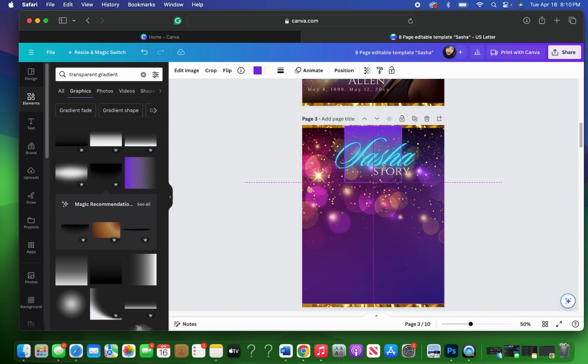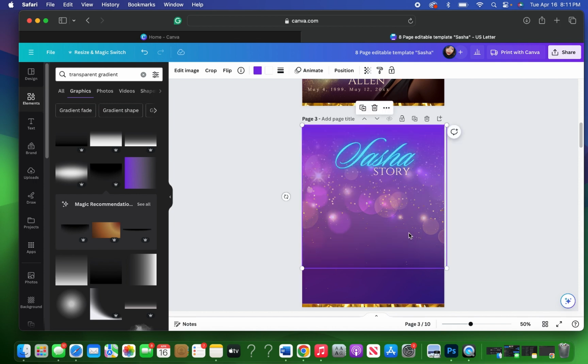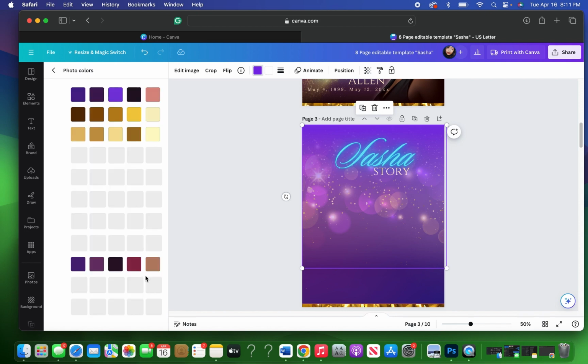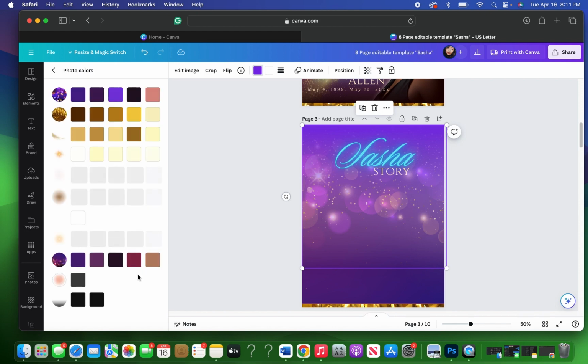And again, if it overlaps that border, that's okay, because all you're going to do is bring that border to the front. So let me see. I'm going to extend this out. And I'm going to change the color of this purple to a darker color. So I'm going to go to photo colors, and I'm going to look to see if there's like a dark burgundy or something. This dark purple, I mean, the dark purple's okay, but